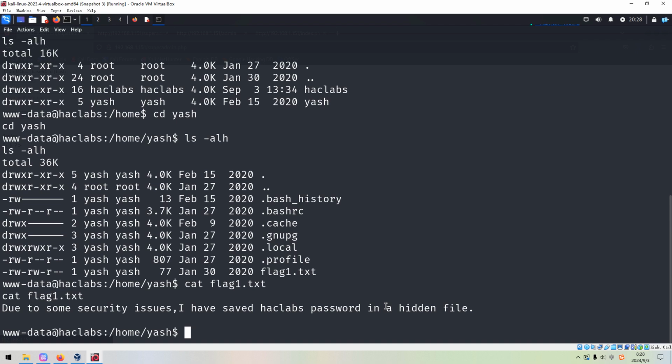Okay, so I think this message is left by Yash, and this user Yash has saved the password of the user Hack Labs in a hidden file. So I think we can make a search to look for this file. And how to do it?